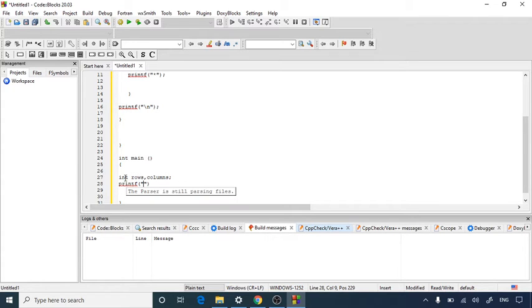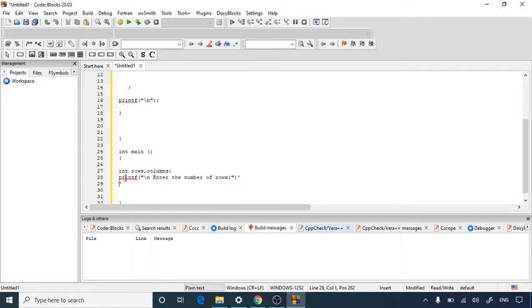So I'm going to use one more printf statement with a \n, asking them to enter the number of rows, and let's use a semicolon here. After that I'm going to use a scanf statement to take the value of how many rows the user wants.